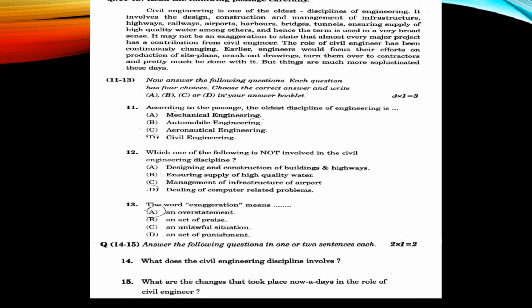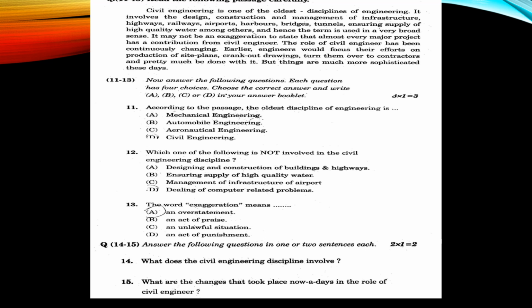After the unseen poem, here is another unseen passage, which includes 11 to 15 questions. Questions 11 to 15 include 3 multiple choice and 2 very short answers. Here in this unseen passage also it includes 3 multiple choice questions and 2 very short answer or short answer questions. Students, you can observe here also in this unseen passage the questions 14 and 15 start